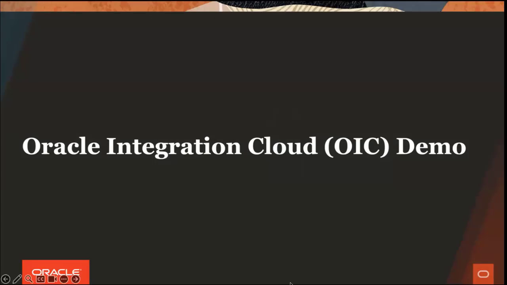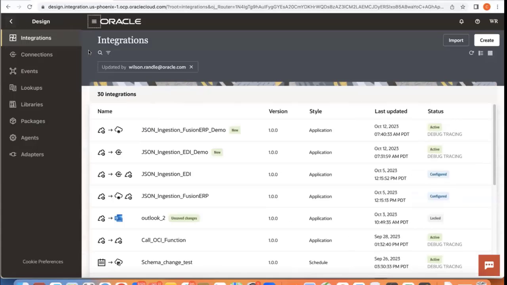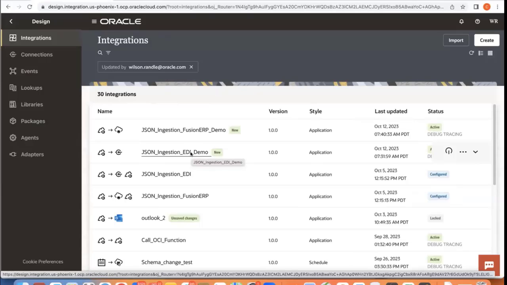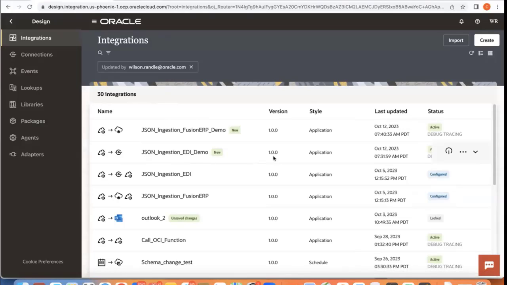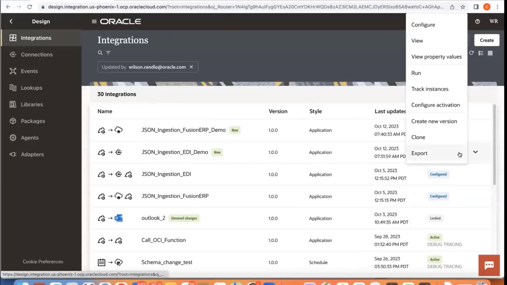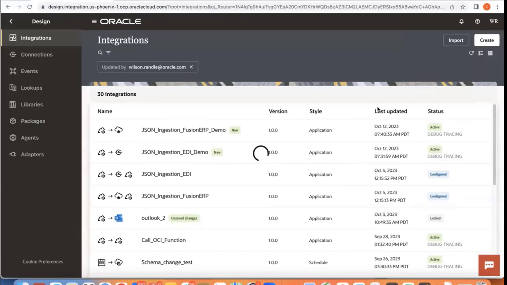And now to show what an actual integration might look like with these two use cases that we've built out or encountered. So here I am logged into Oracle Integration Cloud, OIC, and this is a Gen 3 instance. To start off, I'll go through this integration here, thinking back to that EDI document ingestion. I'm receiving an 850 purchase order from my trading partner. So if I go ahead and run this,